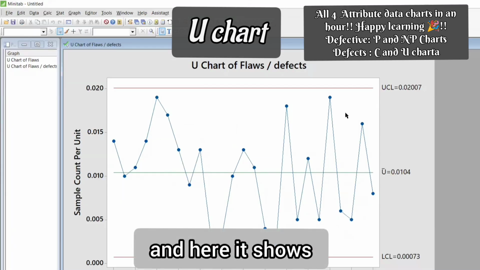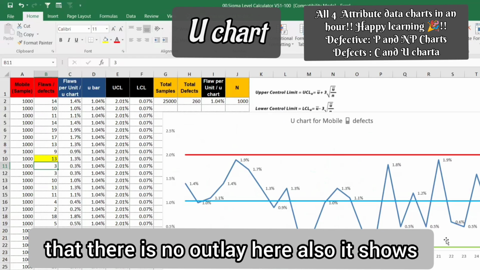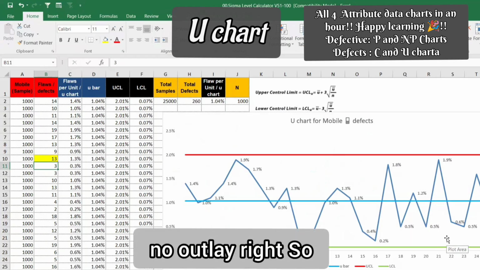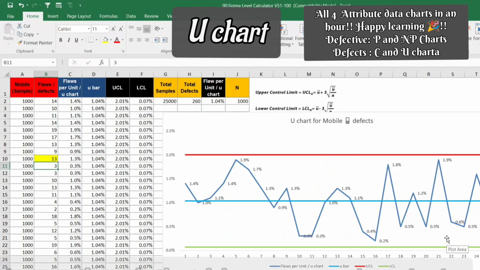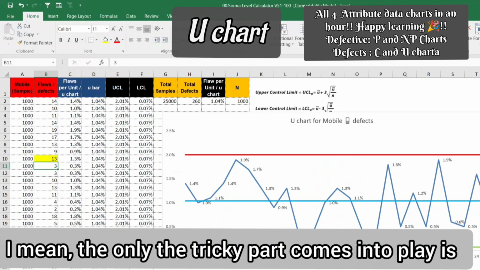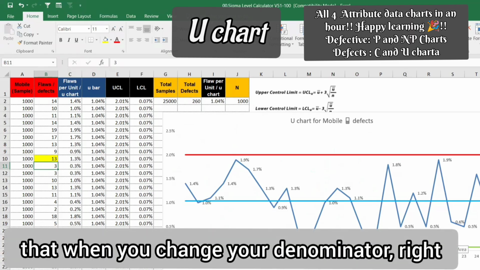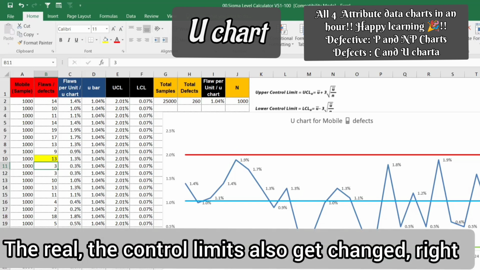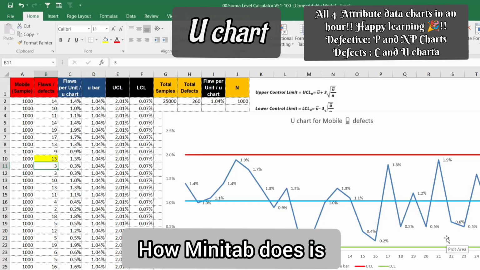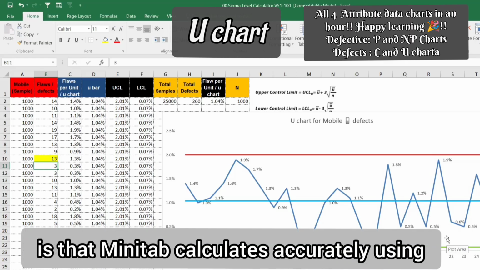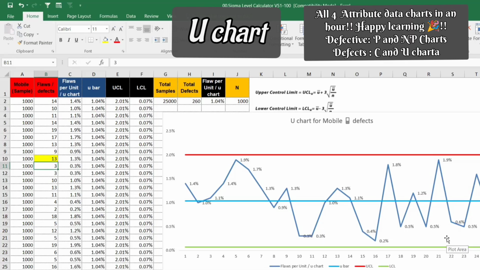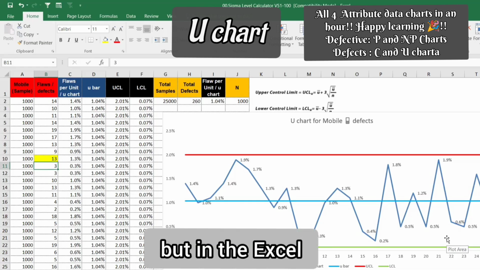And here it shows that there is no outlier. Here also it shows no outlier, right? So far it is great. The tricky part comes into play when you change your denominator, right? The control limits also get changed, right? Minitab calculates accurately using the subgroup size, but in Excel it is difficult to